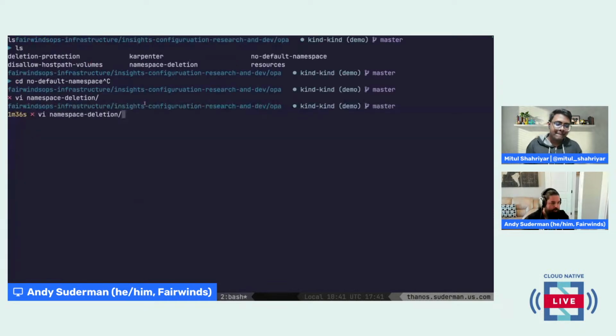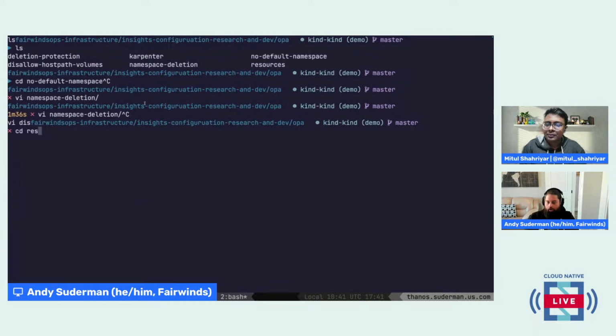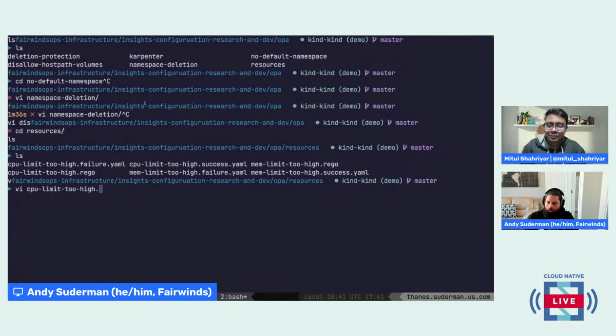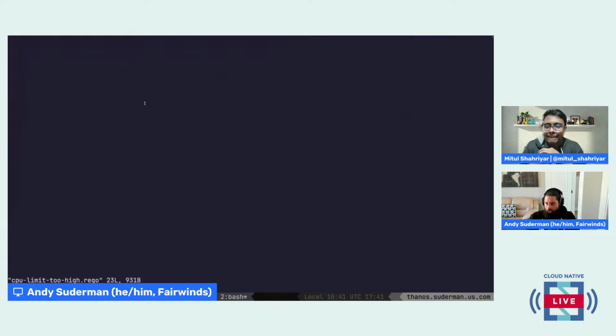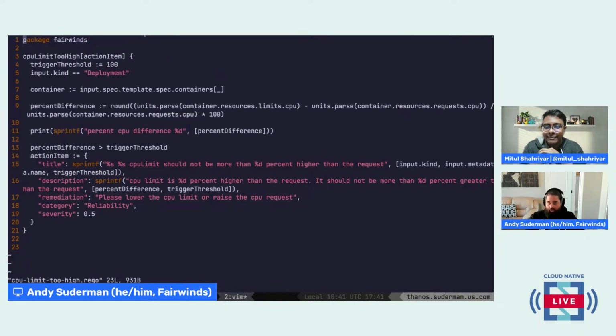It's fairly similar to how Rego would be written with OPA Gatekeeper. There's another one here in the resources directory. One thing you can do as well is comparisons. In this case, we have a CPU limit too high policy, in the .rego file.